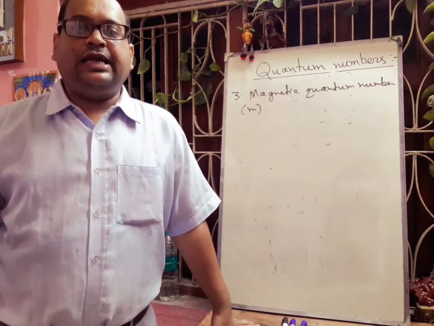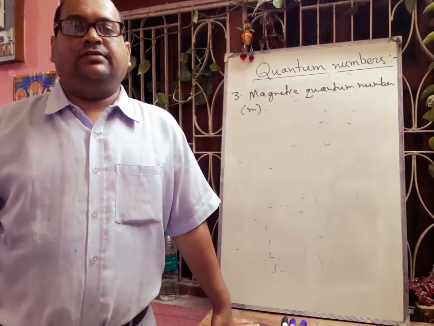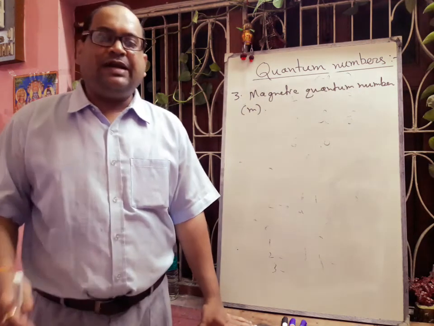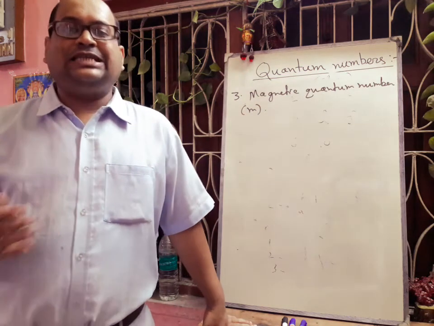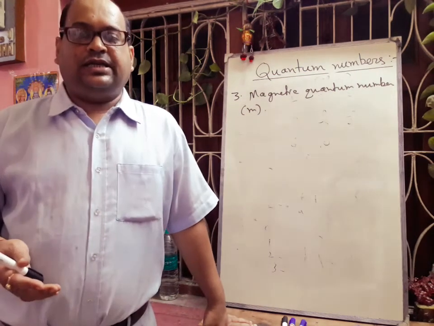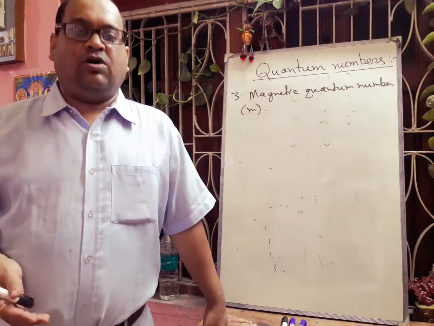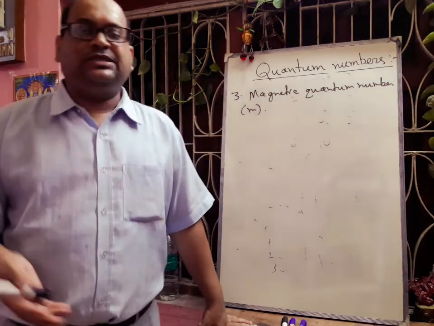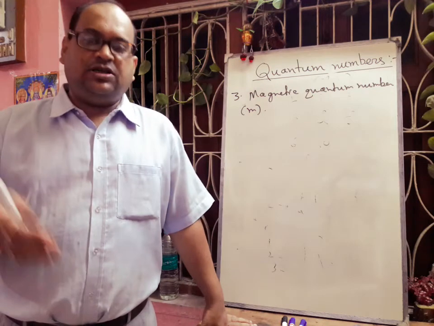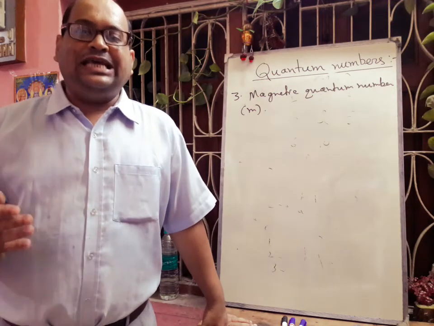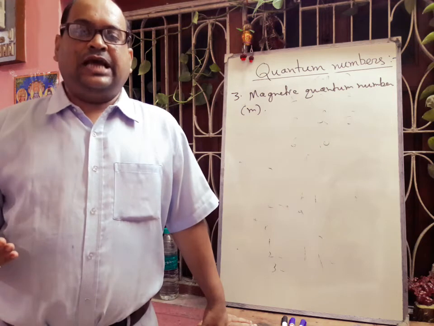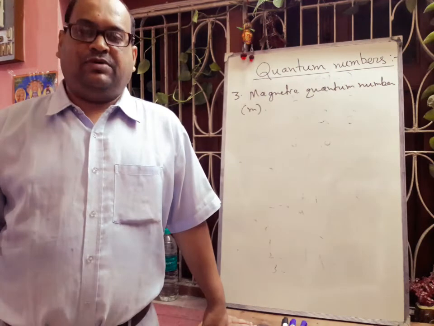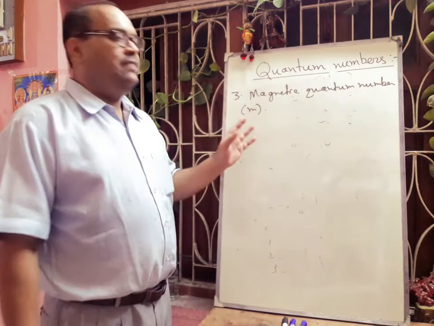In order to correlate the energy changes, the magnetic quantum number, that means m, was introduced. So under the influence of an external magnetic field, electrons in a subcell adjust themselves in different orientations. The orientations are called orbitals. Actually, I have given one definition of orbital. It is a three-dimensional space or region, and that region we are indicating is called an orbital. Thus, each subcell is composed of orbitals, and each orbital is designated by the different values of m. So next we will discuss the values of m.